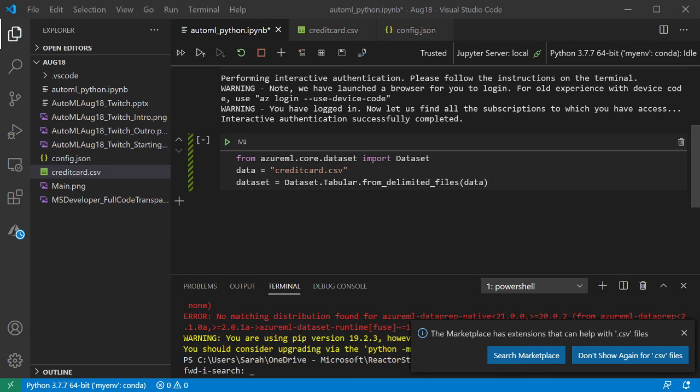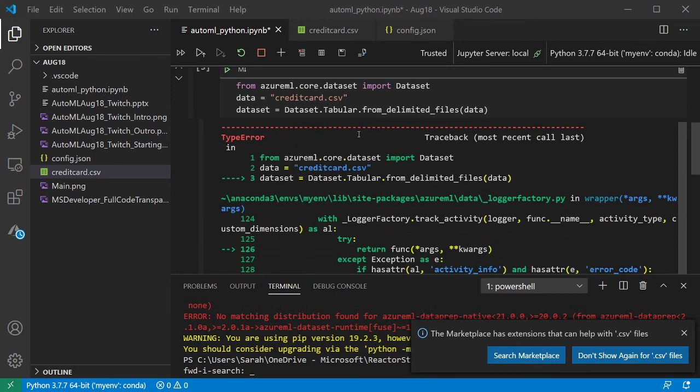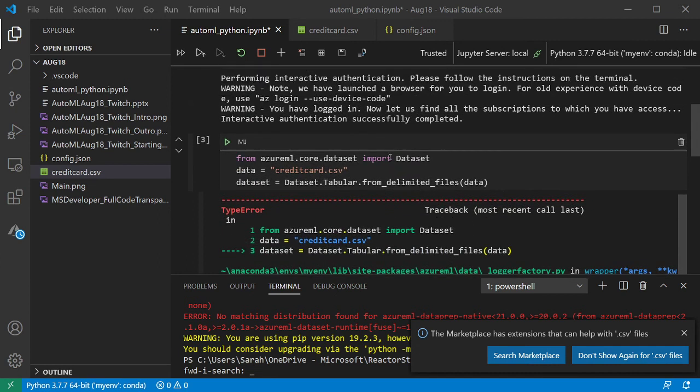If you wanted to, another way of doing this is using Pandas to create a data set locally, if you didn't need to put this data up. Oops, what did I do wrong? Yeah, that's right. Sorry. If you're doing it locally, you need to do it locally with Pandas. We do need to actually grab it from the web because this one's expecting to create it from a URL. So I'm going to create it